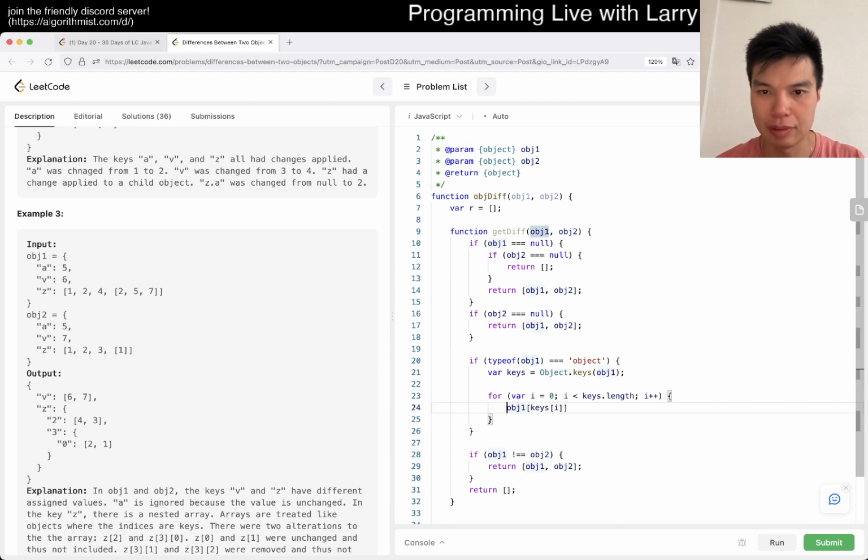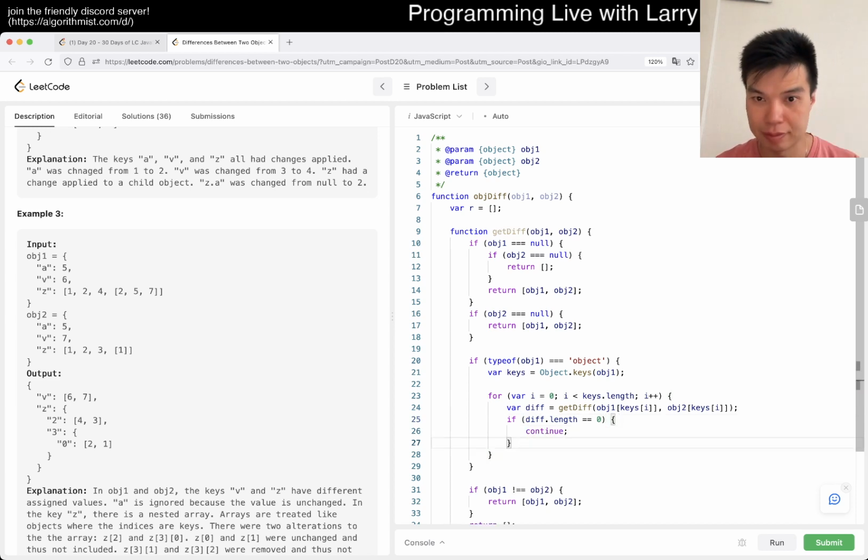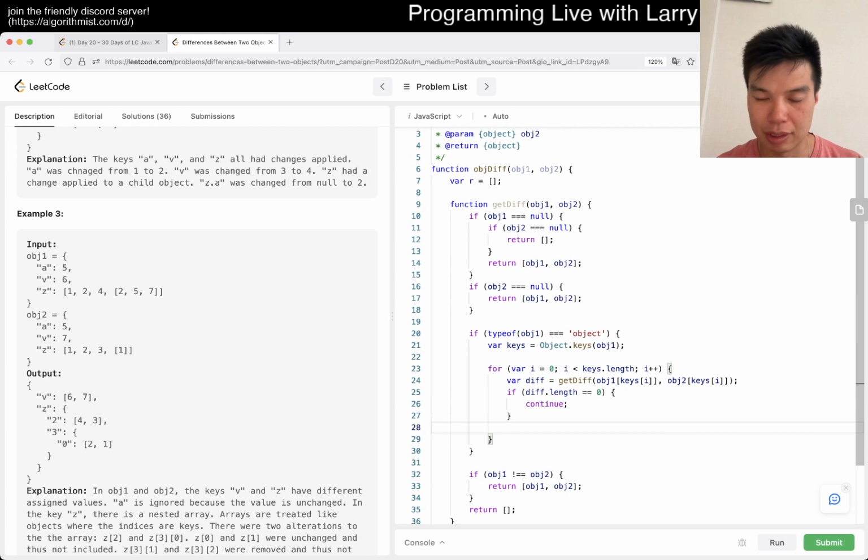Okay, right. So then now we do a getDiff on this. So now this is the diff, right? My hands are not 100% in the right place or something. I don't know. Okay, what am I doing? Okay, so if this is 0, we can continue maybe. Otherwise,